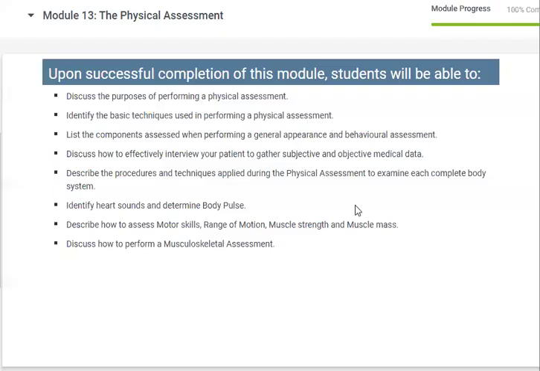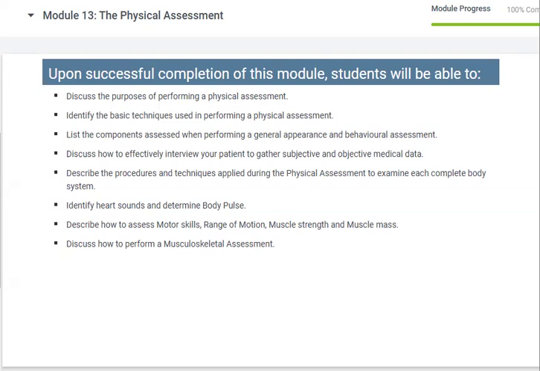Module 13, the physical assessment. Upon successful completion of this module, students will be able to discuss the purposes of performing a physical assessment, identify the basic techniques used in performing a physical assessment, list the components assessed when performing a general appearance and behavioral assessment, discuss how to effectively interview your patient to gather subjective and objective medical data, describe the procedures and